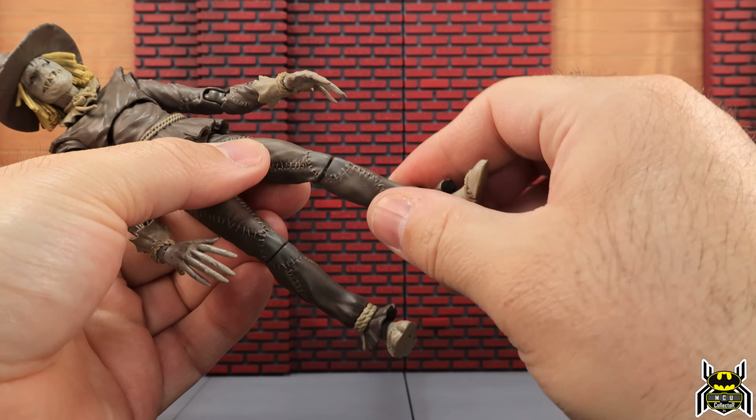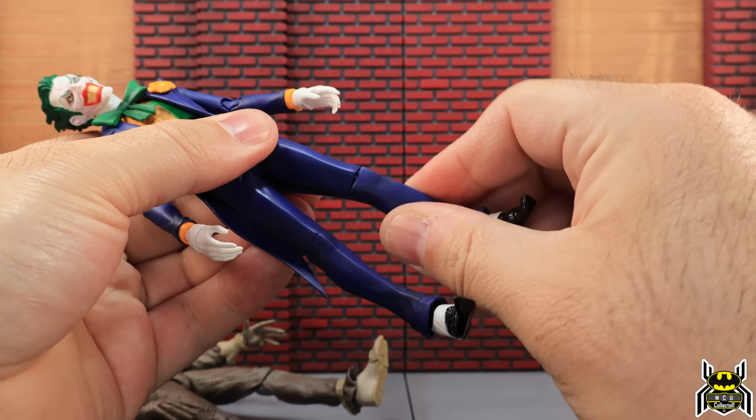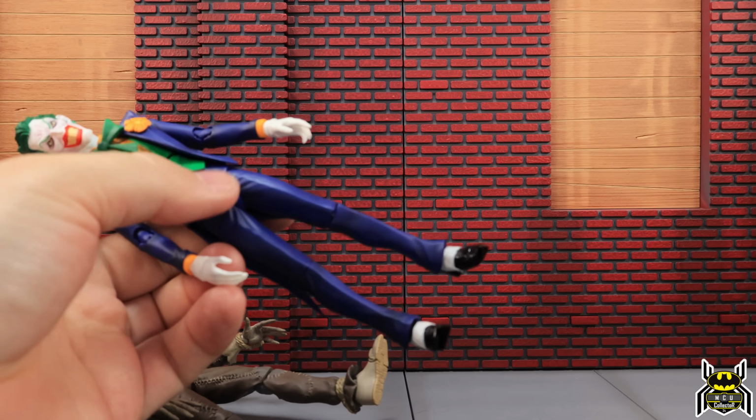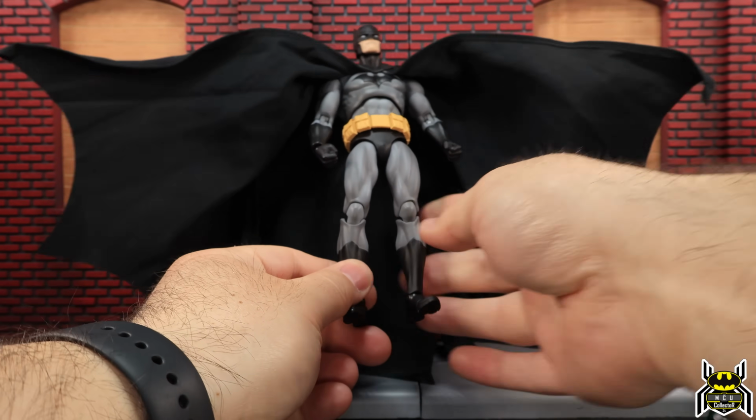Let's see them all together. I should probably point out you could swivel at the lower leg on both Joker and Scarecrow. So swivels on the lower legs. Okay, so I'm trying to get Batman in there, but look at how big his damn